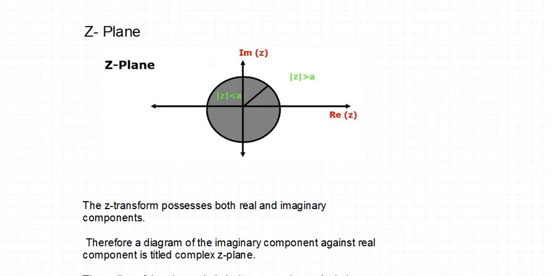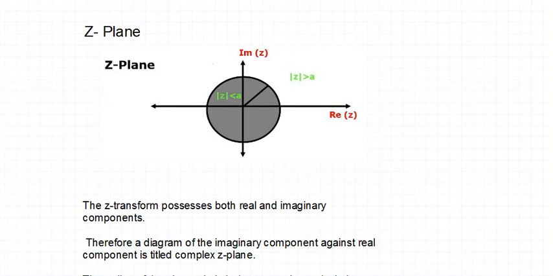Okay, let us look at Z plane. As I told you at the start, we have Laplace transform. In Laplace transform, we use the variable S. Similarly, in Z transform, we use the variable Z. In Laplace transform, you have S plane, where the real part is sigma and the imaginary part of S is j omega. So sigma plus j omega is a representation of the S in S plane. Correct? Real part is sigma, imaginary part is j omega. So with this sigma and j omega, you draw the S plane in Laplace transform.